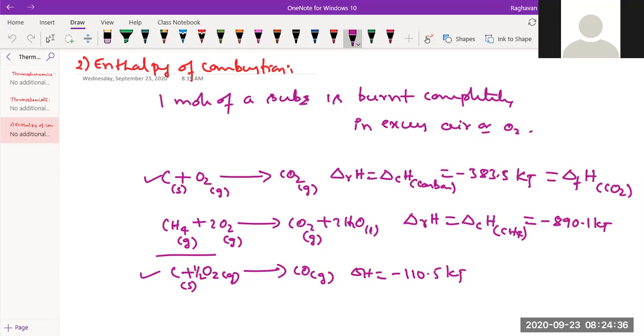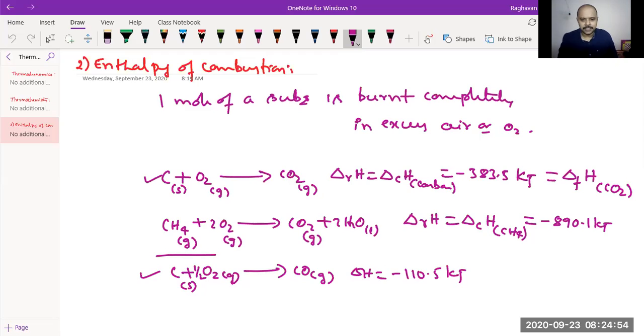The first reaction takes place in excess air. So 1 mole of O2. Here the oxygen content is reduced. So, what is the conclusion? The product is